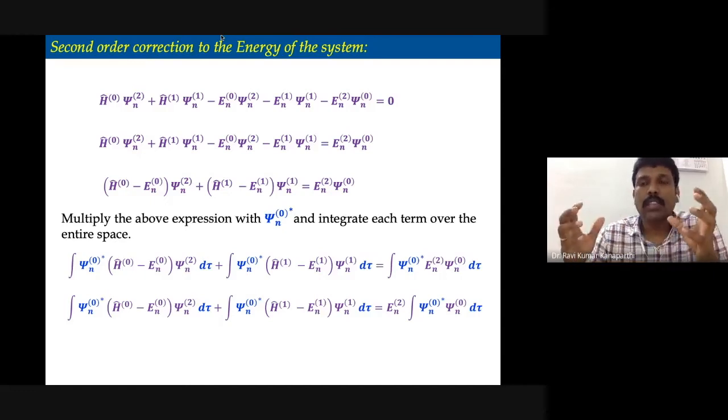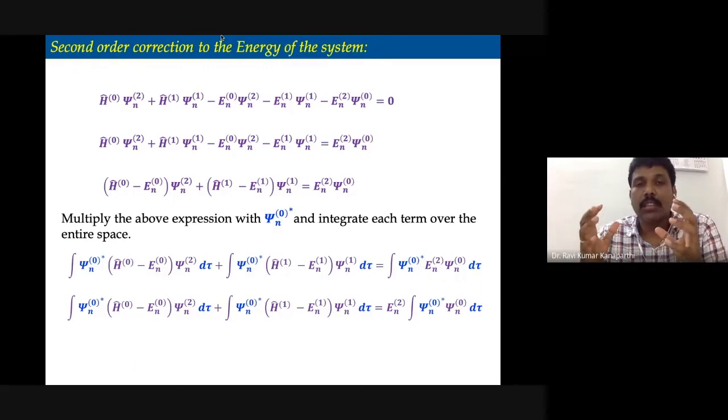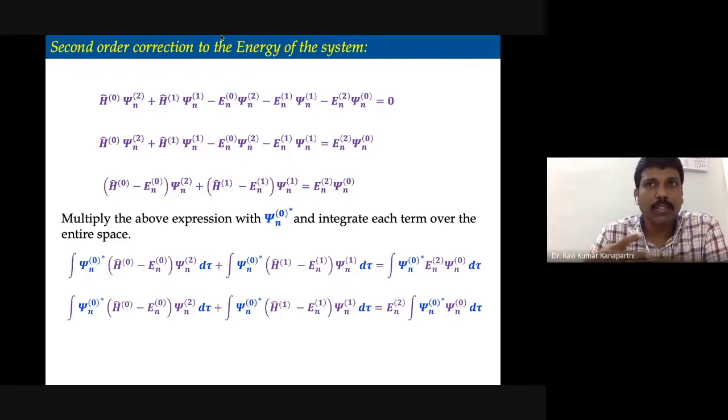If the two molecules are approaching each other at longer distance, it is not a shorter distance interaction, it is a longer distance interaction. That interaction can be attractive or repulsive. If it is attraction, there should be a negative sign in the energy expression when you calculate it. If it is a repulsion, there should be a positive sign. So if you are able to calculate the correction to the energy of the system, and you get a negative sign, then you can conclude that it is attractive.